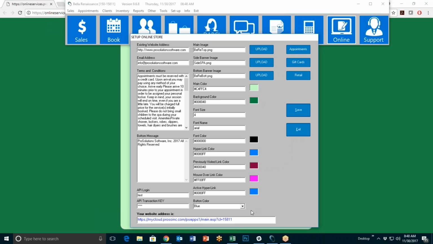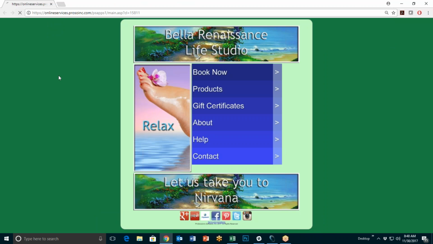But if you're going to have them visit your main store page, I want it to reflect the rest of my colors, so I'm going to go with green. And you can choose blue, red, yellow, green, pink, brown, orange, or black. So you should be able to find colors that work with your site. I'm going to choose green and save. So let's take a look. I'm going to refresh, and now I've got green buttons,